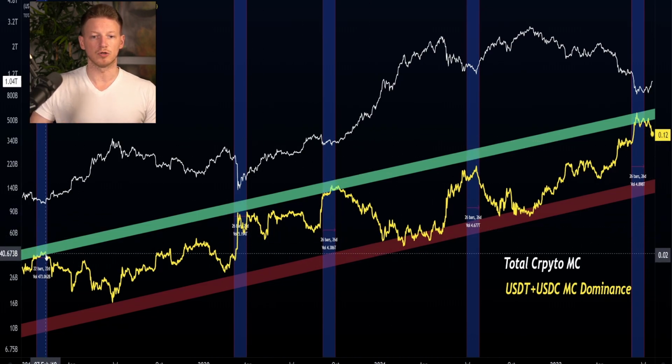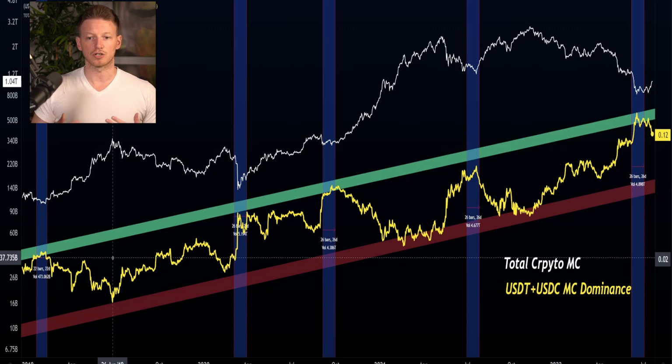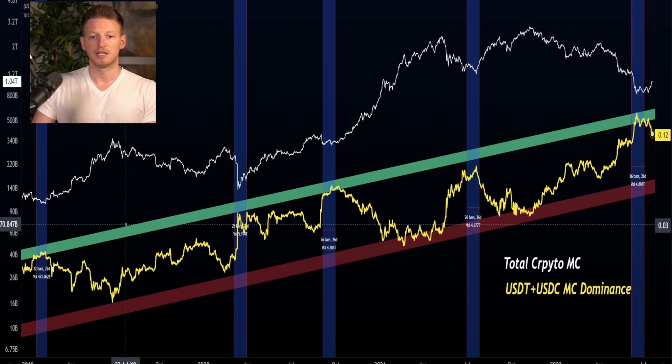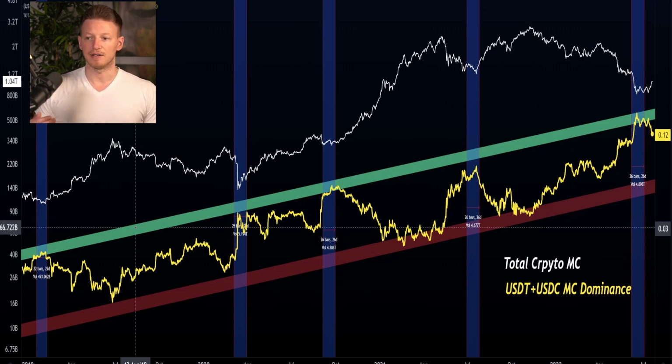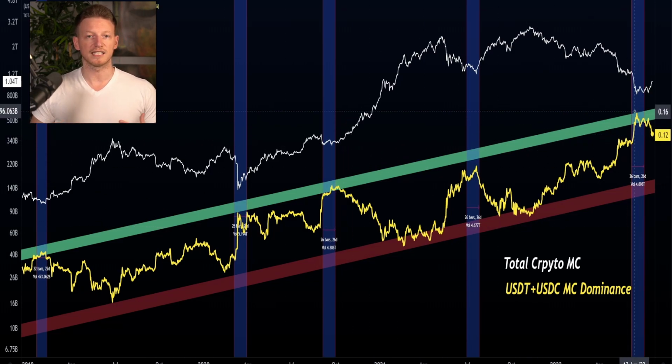When we get up to this level, that indicates to the market, either directly or indirectly, that the total crypto market is at a discount. And when it's at a discount, individuals are going to start to buy assets that they believe in, very likely assets they believe have long-term potential. As the liquidity builds up against the value of the cryptocurrency market, that signals to investors that the market is at a discount, and we typically see people utilize those funds sitting on the sideline to pick up projects they believe have long-term potential.